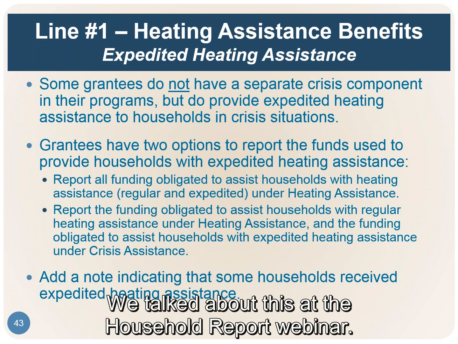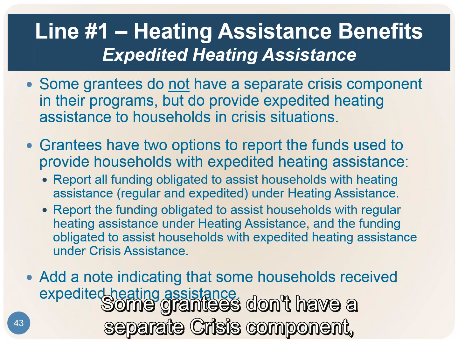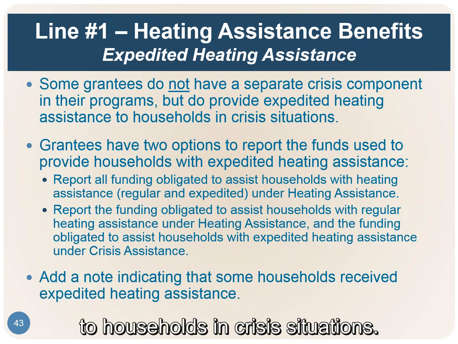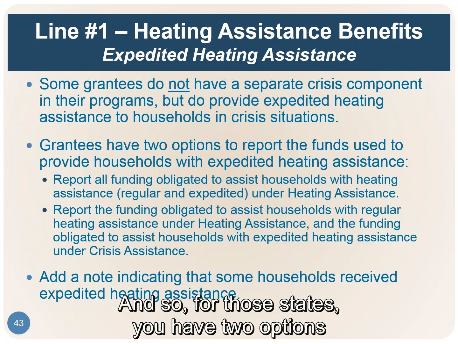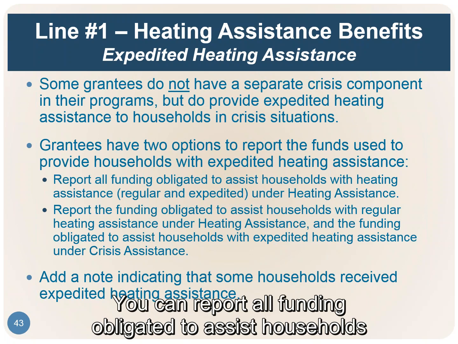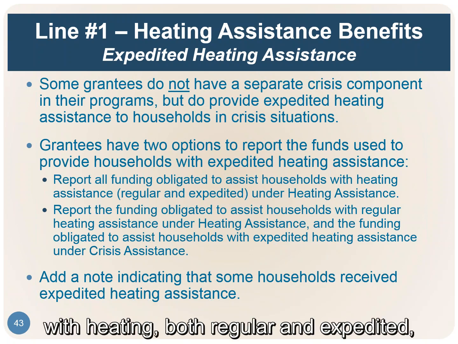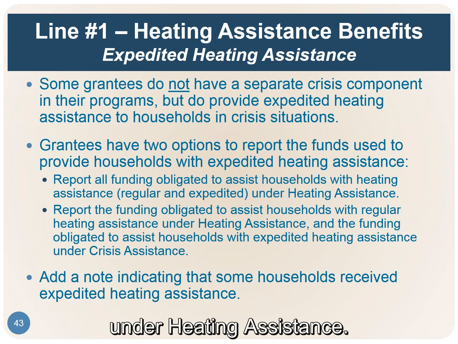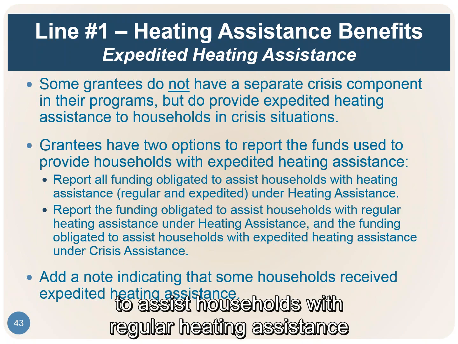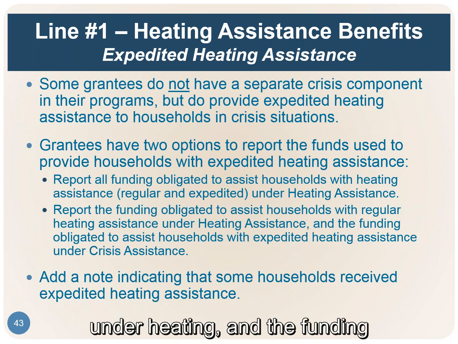We talked about this at the household report webinar. Some grantees don't have a separate crisis component, but they provide expedited heating assistance to households in crisis situations. For those states, you have 2 options when reporting expedited heating assistance. You can report all funding obligated to assist households with heating, both regular and expedited, under heating assistance. Or you can report the funding obligated to assist households with regular heating assistance under heating and the funding used